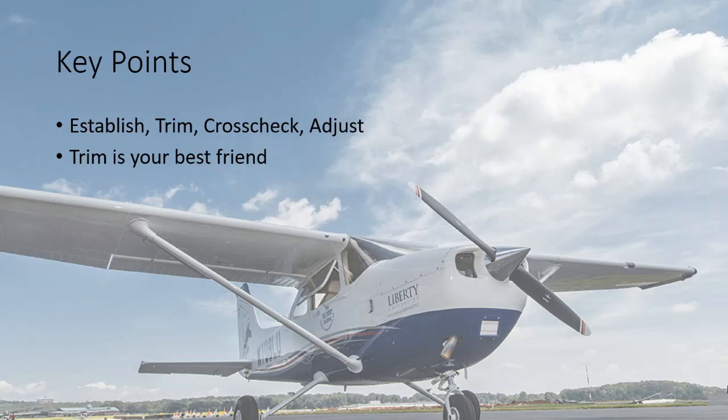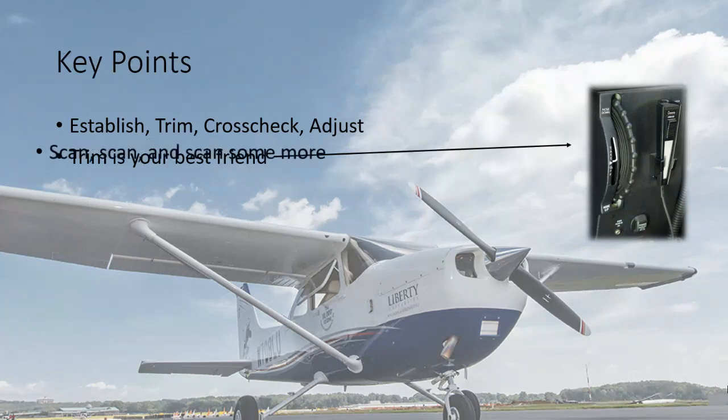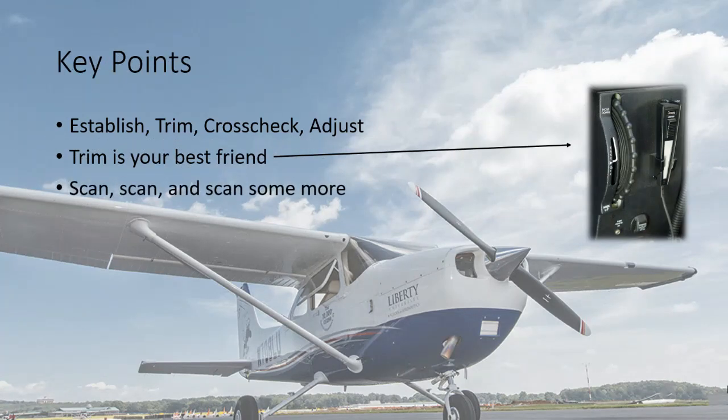I don't care who your best friend is right now. They are nowhere near as important as the trim wheel in our Skyhawk or in our Piper Seminole. That wheel right there is more important than the wheels in your car or any other wheel in the world. I think that trim wheel is really important because that'll save your butt. Also, if you lose your elevator controls in an emergency,